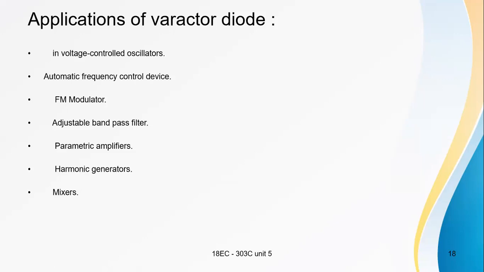What is a varactor diode? It is a two-terminal PN junction device. It operates only in reverse bias. It acts as a variable capacitor with the applied reverse voltage. How the capacitance varies: when the reverse voltage is increasing, the width of the depletion layer keeps increasing, and with that the capacitance is decreasing. This is about the varactor diode. It is a type of special semiconductor device.